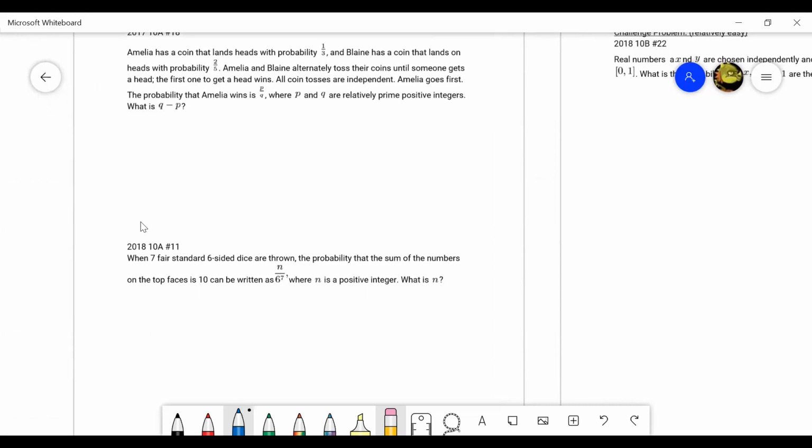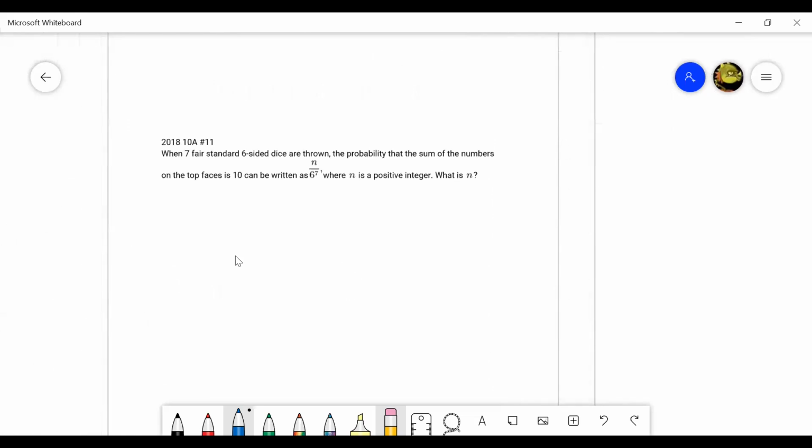This is 2018 AMC 10A problem number 11. When seven fair standard 6-sided dice are thrown, the probability that the sum of the numbers on the top faces is 10 is something over something. And what is this n? All right. With this problem, it seems to be a lot of casework. So since you have 7 dice and the numbers sum to 10, the actual values that you have,